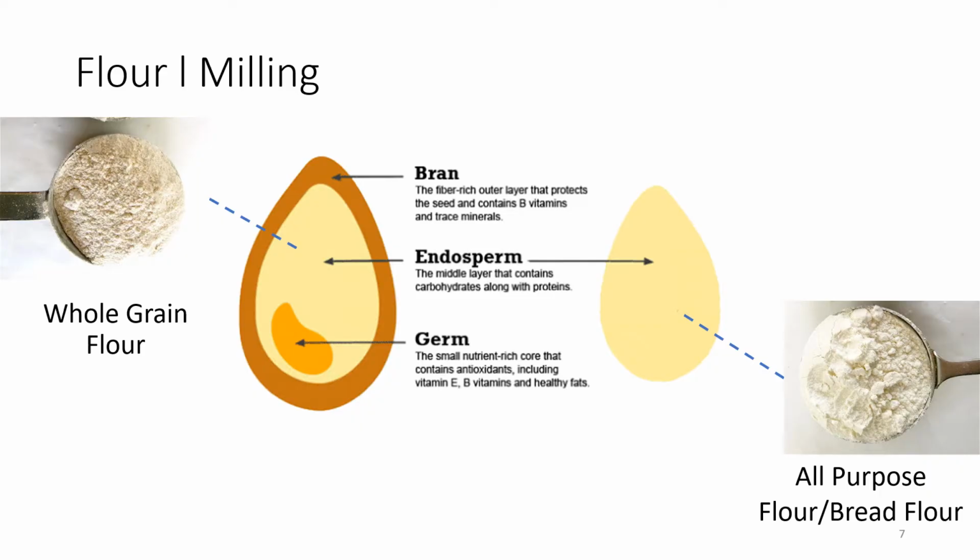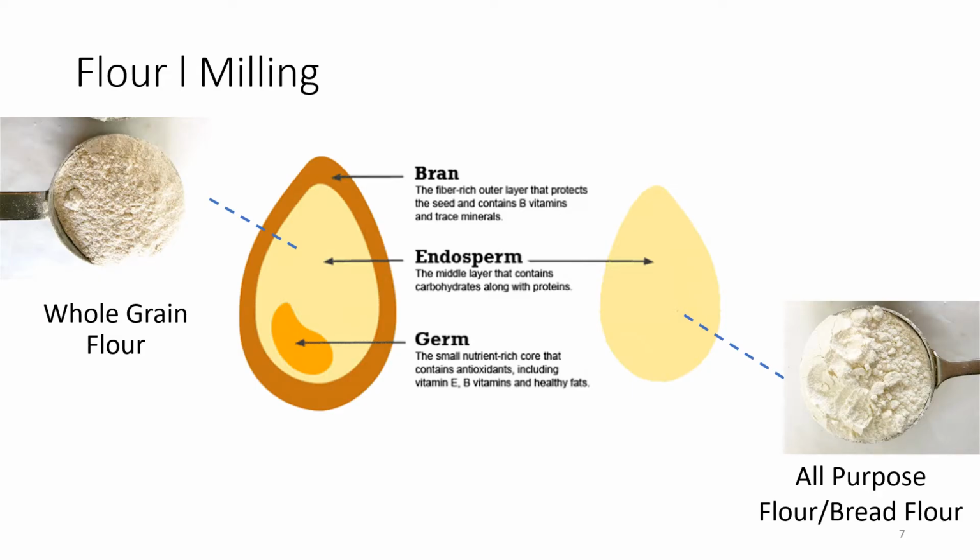So now if we get into talking about the process of milling, which is when those grains of wheat are milled into flour, there's quite a big distinction between whole grain flour and all-purpose or bread flour. Whole grain flour is typically made from the whole ground up grain of wheat, meaning that it contains the bran and the germ, and the nutrients and the fats located within those two components. So essentially whole grain flour is a bit more nutritious and also more fiber rich,